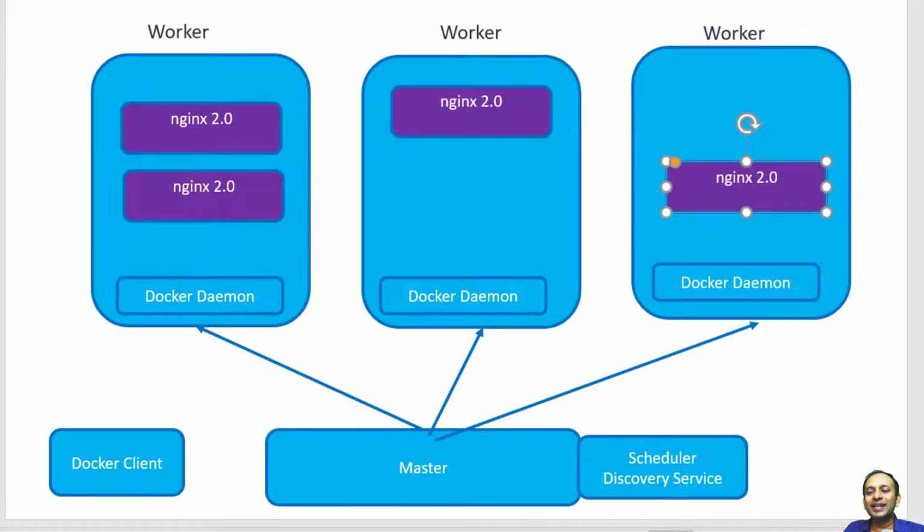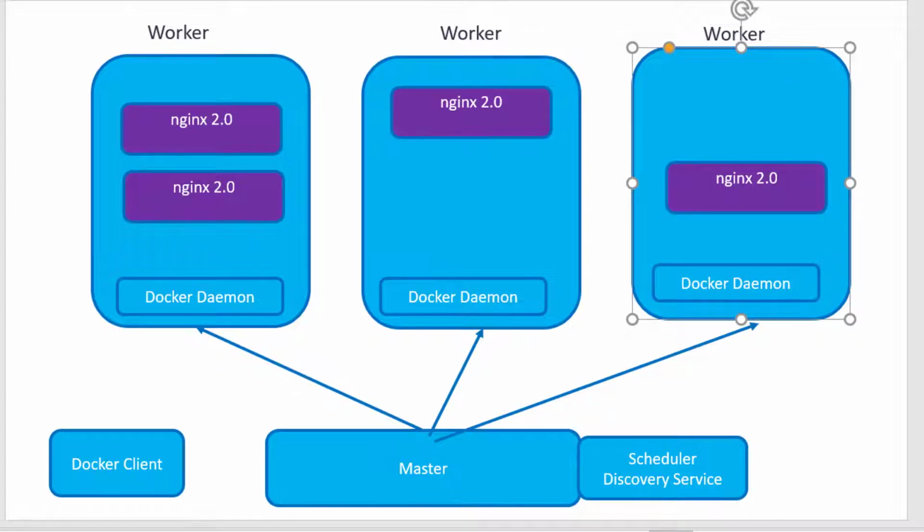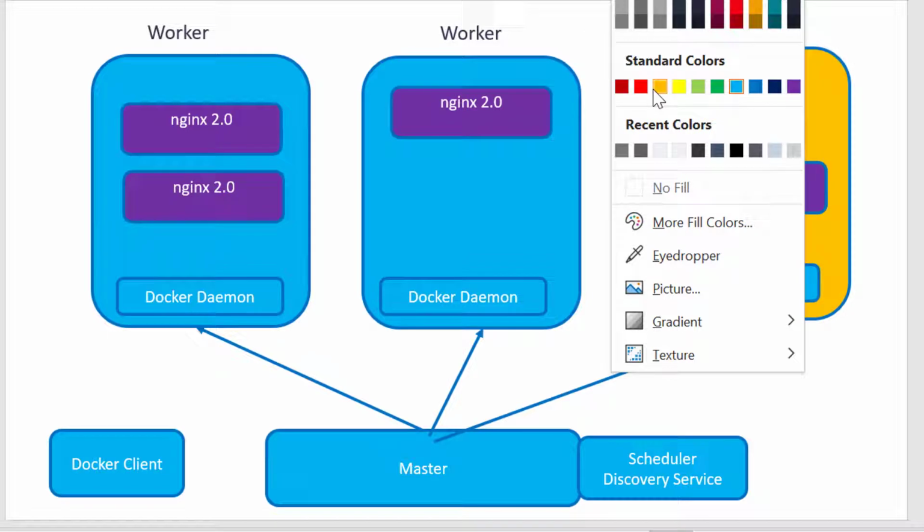Hi, let us understand about the node drain option as a part of a Docker Swarm cluster. Whenever I have a group of worker machines as a part of a cluster, at some point of time I may have to bring down a machine or node for maintenance purposes. Whenever I am bringing down a machine for maintenance, I should go for a graceful shutdown of the containers running within that specific machine. That's the purpose of having the drain availability option, where I will be marking a particular node's availability option as drain.